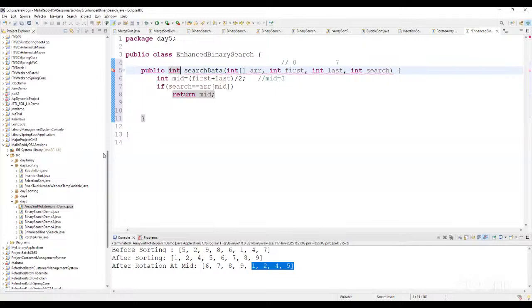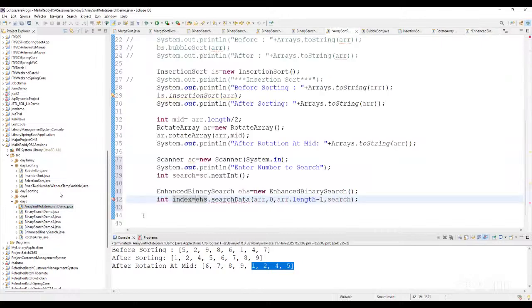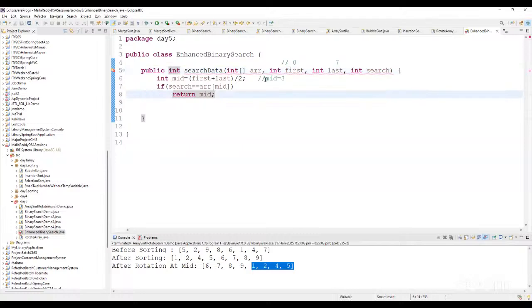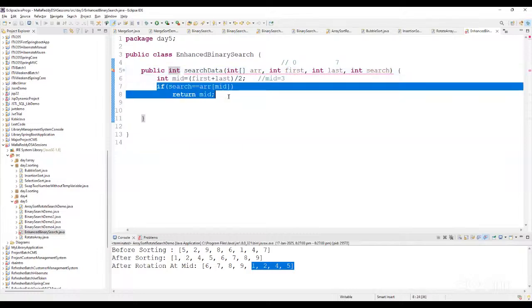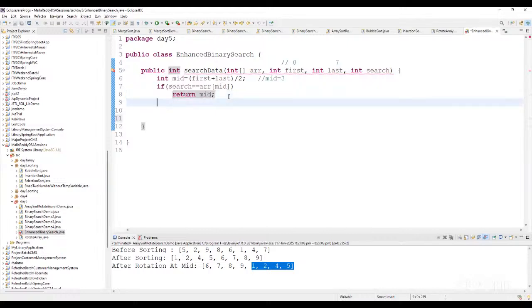So you got to store it into the index. Okay, so let's try to go slow and steady. So if the number which I was searching for is at the mid, directly I will say return mid. But now if it is not there at the mid,